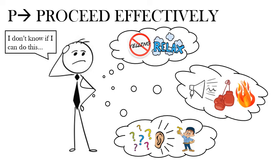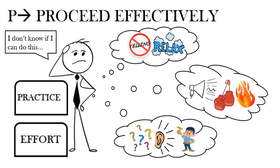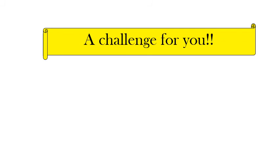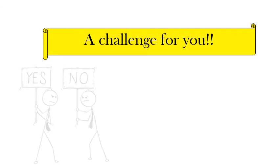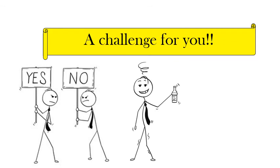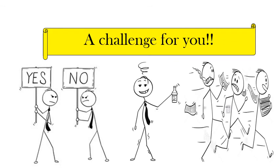This may sound really hard to implement right now, but the good news is that the more effort and practice we put into using this skill, our ability to use it strengthens and grows. See, you can do this. Now a challenge for you. Next time you feel yourself wanting to act on an urge this next week, whether it be the urge to snap back at a friend, the urge to use a substance, or the urge to skip a class,